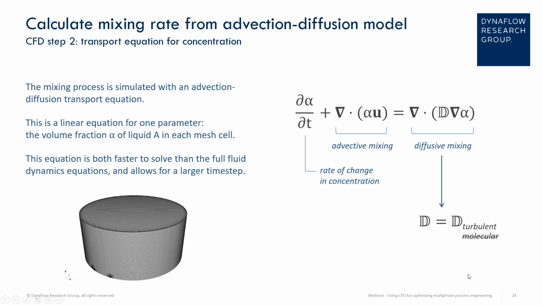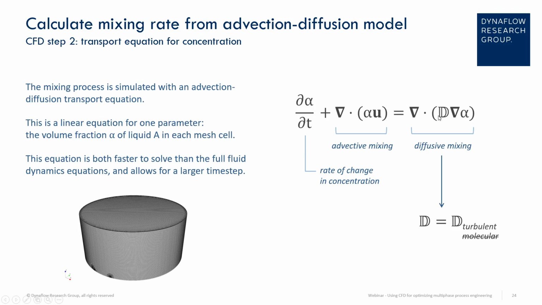If you consider the volume fraction alpha of liquid A in each mesh cell, then basically the time rate of change in alpha depends on the advective mixing, which scales with the velocity, and diffusive mixing, which scales with the gradient in alpha